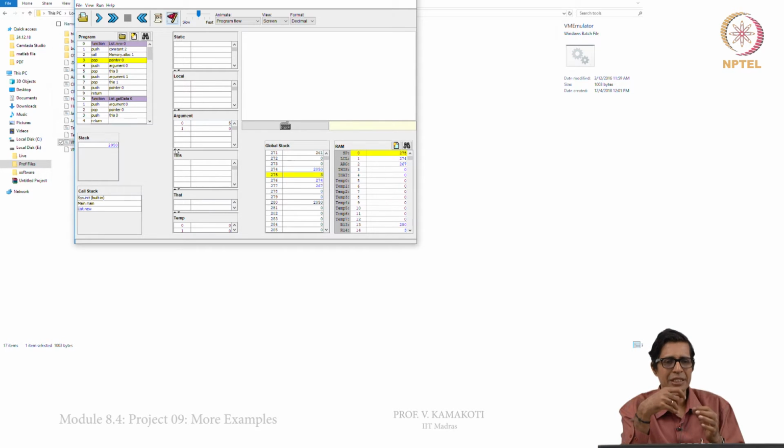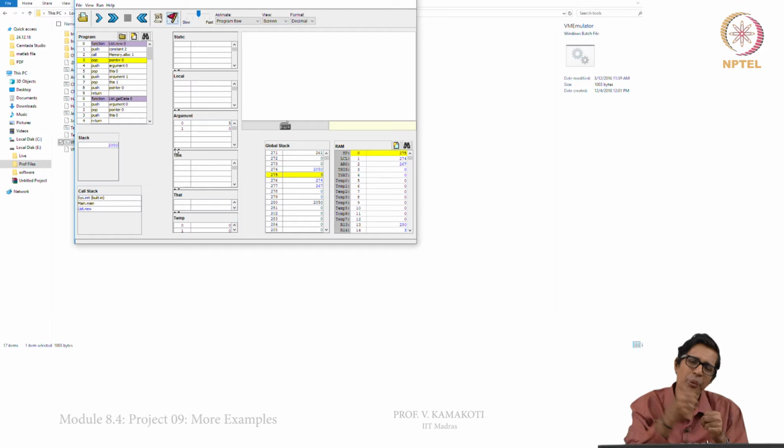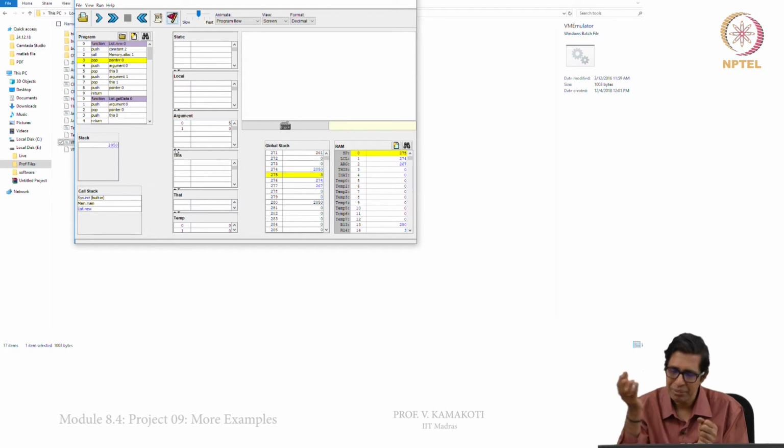So, when the application programming language asks for certain facility, what does the operating system do on the hardware to provide you that facility, right? Like memory allocation, printing, memory deallocation, all these things, and that is something that we achieve as part of this project 9. That understanding is very crucial, right.